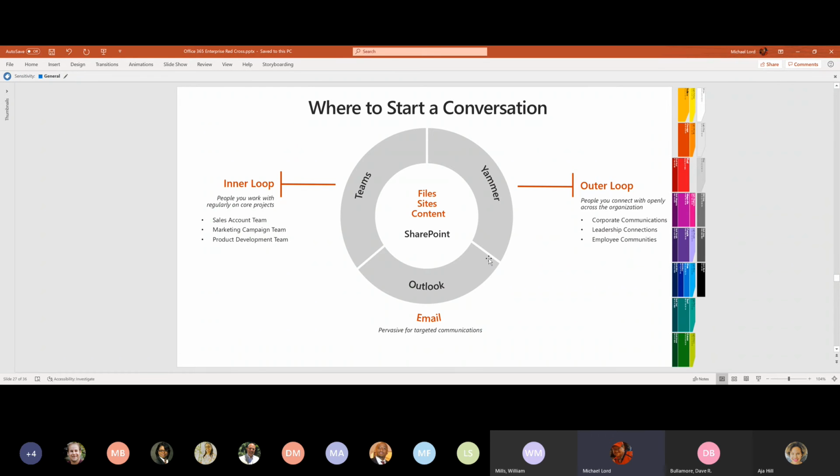Whereas the inner loop is where we get into things like Microsoft Teams and some of how we're seeing Microsoft Teams leveraged today by Red Cross, which gets around core projects, core functionality, very quick real-time communication back and forth where individuals are able to share information real time, and they're able to integrate and otherwise include files and that type of transfer immediately.